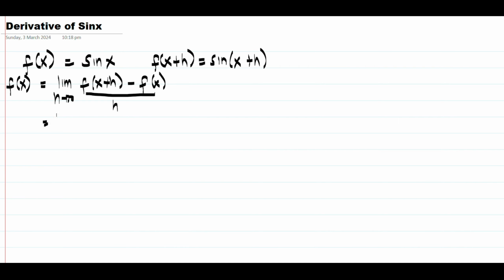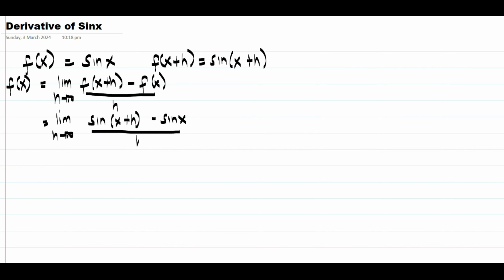So let us write the limit as h approaches 0, and f of x plus h, that is sine of x plus h, minus f of x, that is sine x,